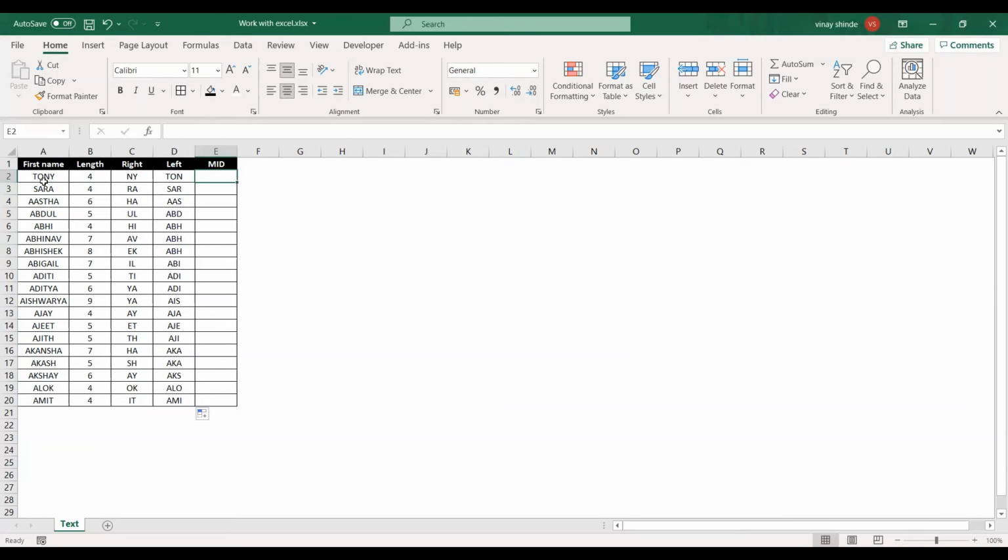That means I want the result to be displayed with only O and N, which is my starting point, the second digit in this cell, and I want 2 characters starting from that particular letter. So I'll write the formula as =MID, open the bracket, select the cell.